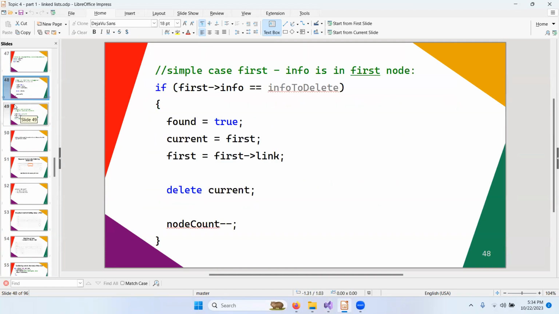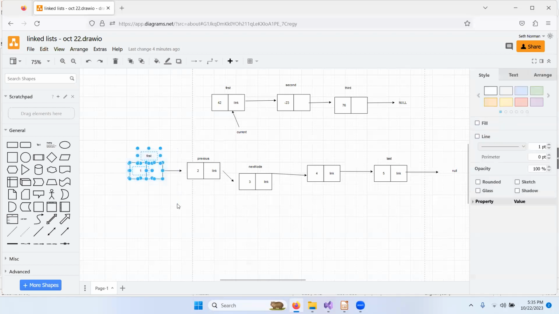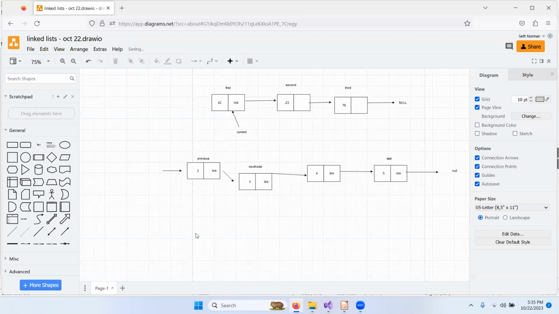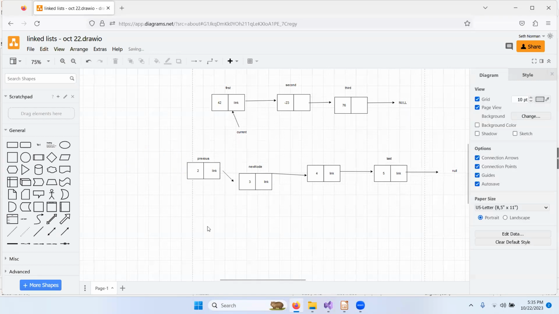Okay, so if the info is in the first node, what does this look like? We're searching for the value 1. Target value is 1. So if we want to delete this node, if we just delete everything, including this pointer left off in space,